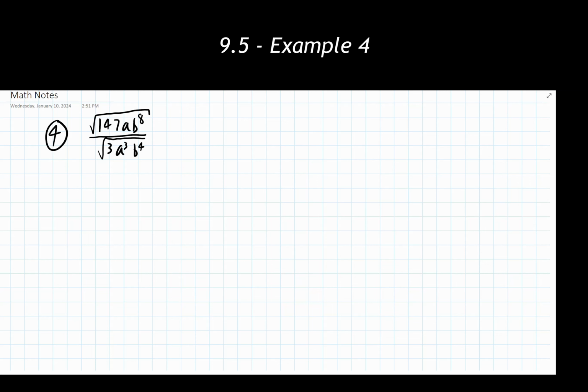So with this, I'm starting off with the square root of the numerator and the square root of the denominator. I personally like to see if I can write these things as one single fraction and then maybe eliminate some variables or reduce some numbers down and see what we get from there. So let's go ahead and try that and see what happens with this one. All I'm doing from my first line to my second is just rewriting this to be one single fraction inside of a square root.